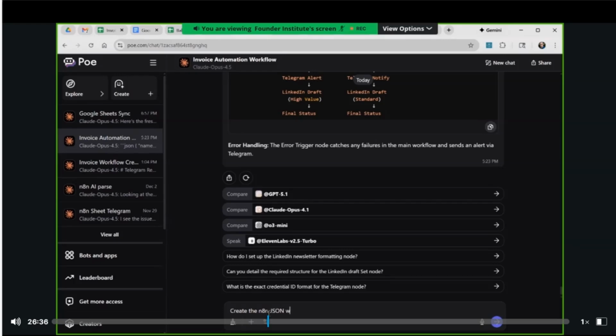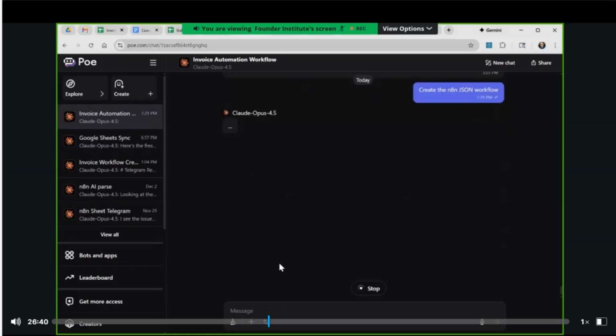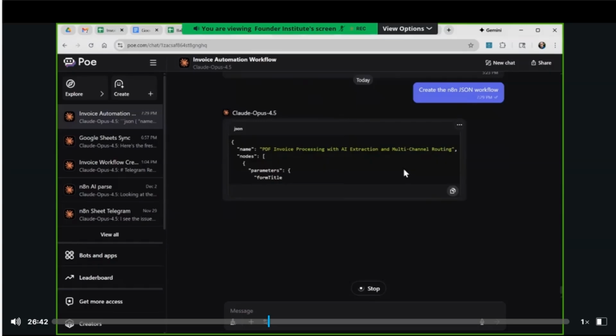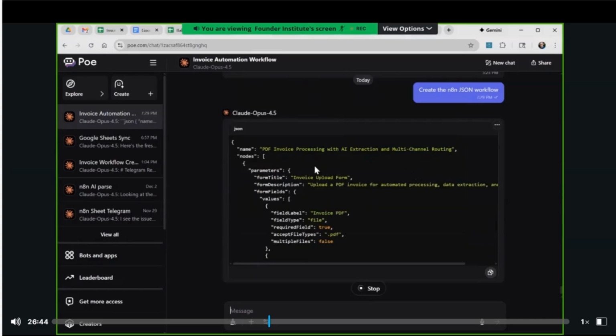I-J-S-O-N. Okay, so now it's creating that workflow for me. And I forgot to ask it to do the one thing that I like to do, that is give me a version number in the title. Okay, so basically it's going to